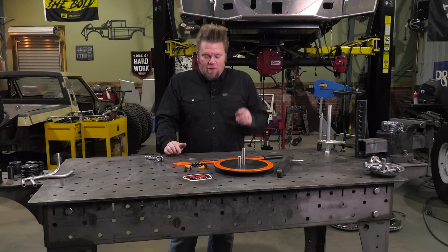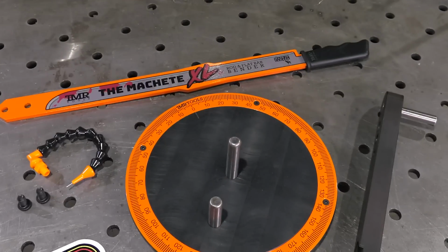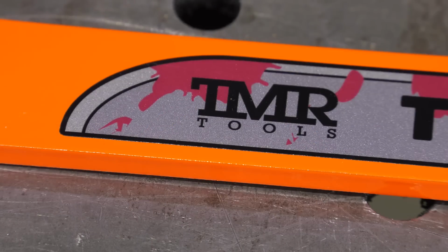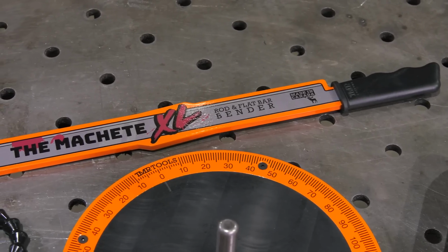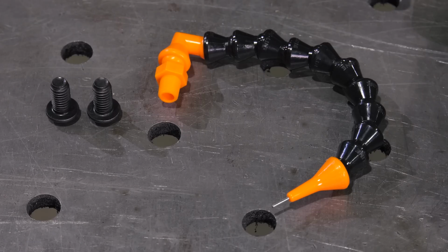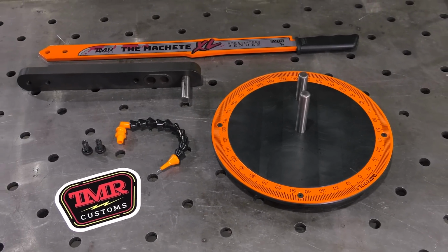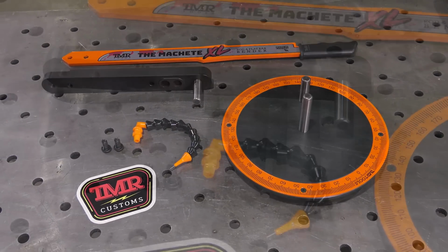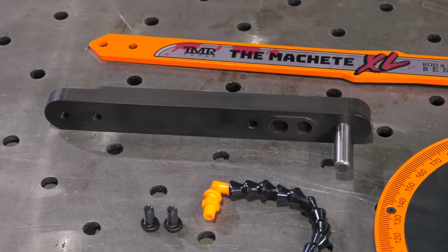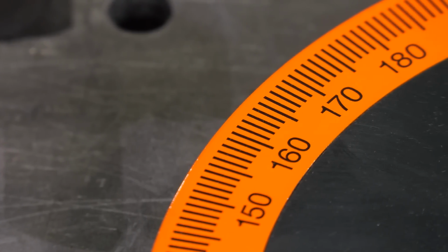different projects. Now, the first one that I want to show you is the Machete XL rod and flat bar bender. Once you've unboxed your Machete XL, you will see the powder-coated and black oxide finished bending handle, the degree wheel and pointer, equipped with large 5/8 dowel pins for the ultimate in bending strength. The Machete can easily bend 3/16, quarter, and 3/8 solid round bar and up to 1/4 inch thick, 2-inch wide